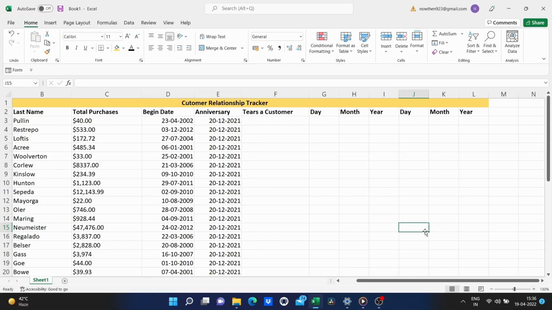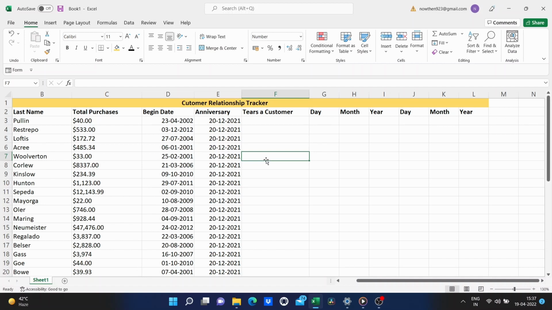In this video, I will show you several date functions and formulas in Microsoft Excel, and I think you will find them to be very useful. And in this first example, I'd like to quickly show you how to find the number of days or years between one date and a second date.